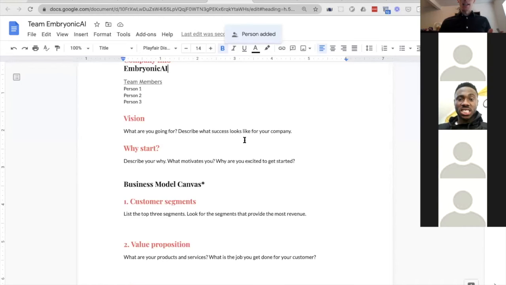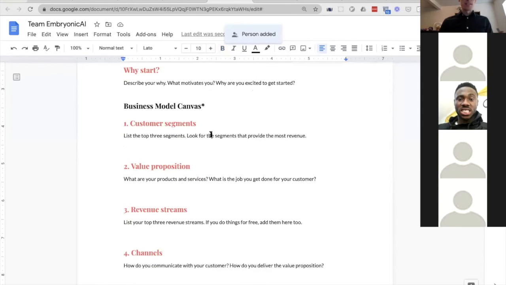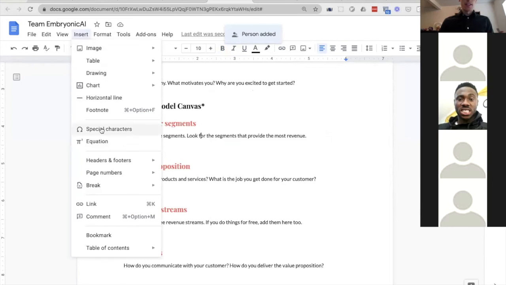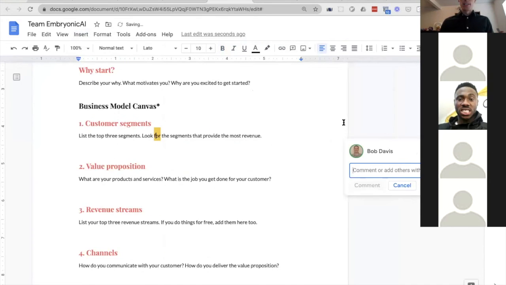And then what's really great about this is now I can come in and I can add comments on your business segment, and your mentors can do this as well. And so it's a really easy way to collaborate and to all kind of talk about what it is you're doing. So hopefully, does that make sense? Like how to go ahead and how to copy this document. Any questions on that?